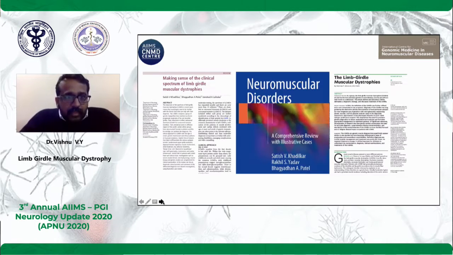If you want to read about limb girdle muscular dystrophies, these are the giants who have done work on it. It's in Kadilkar sir's book, and the paper in Practical Neurology is a brilliant overview. Everybody who wants to know about limb girdle muscular dystrophies or any other neuromuscular disorder should read his book. It's a comprehensive overview, and the latest updates are in the 2019 Continuum issue on limb girdle muscular dystrophies. For exam-going residents, this should be good enough.